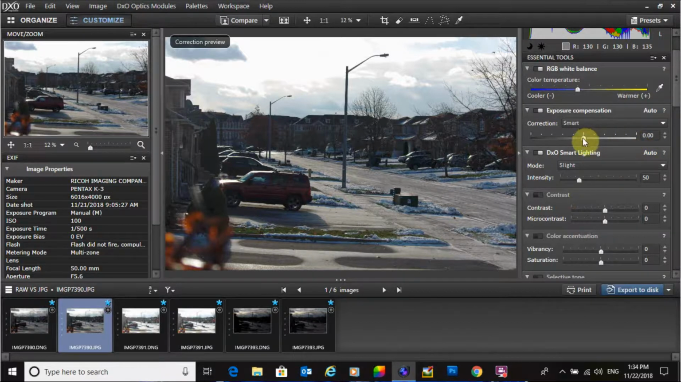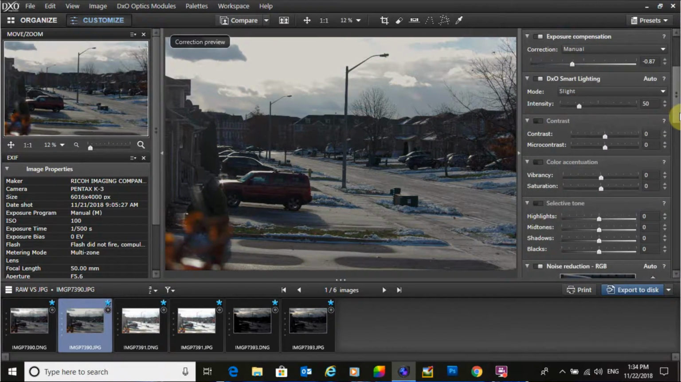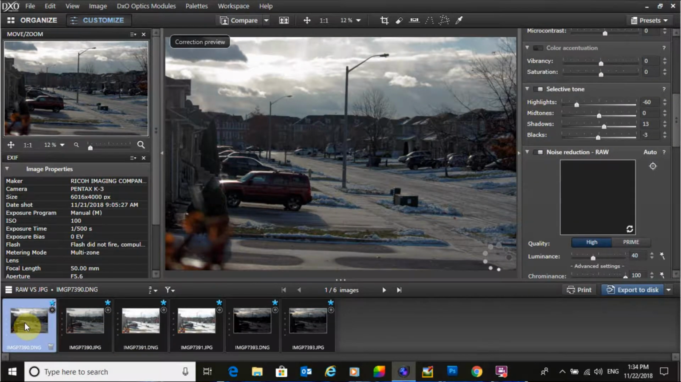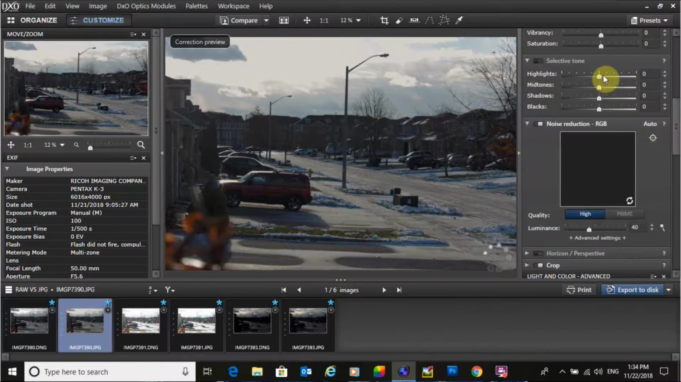So, -0.87 right there. Okay. Now highlights, midtones, shadows. That was -60. Okay, -60, 13, and 3. There we go. So you can already see